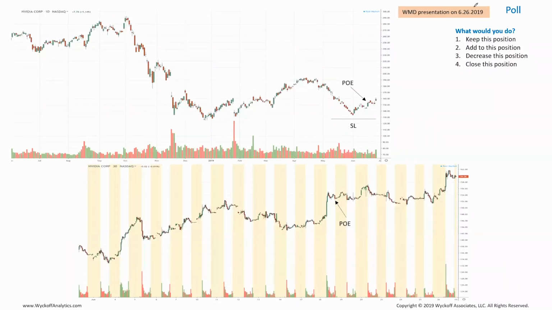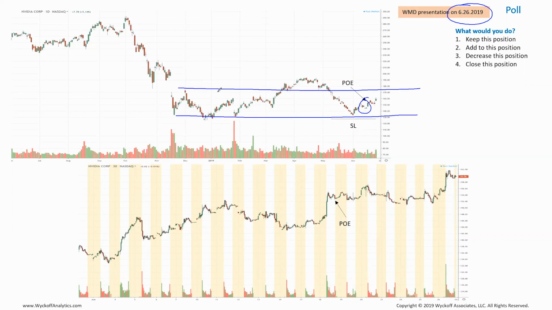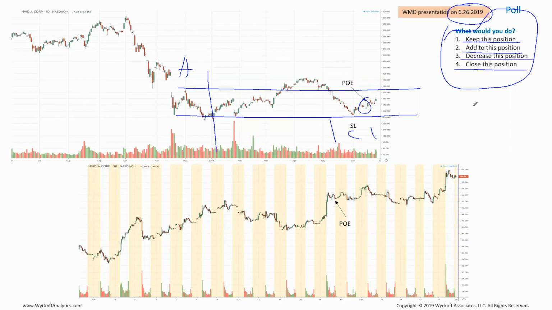And we started this exercise on June 26th. So we are showing you here exactly this first slide where we have taken this position as a class. And the discussion in the class goes around the Wyckoff analysis. And again, as Bruce has said, in real time, we are actually commenting on the events, and students contribute by voting in the poll, whether we're going to keep this position, add to the position, decrease position, or close this position. So Bruce, I think, from a teaching point of view, this is a very great pedagogical tool, with students